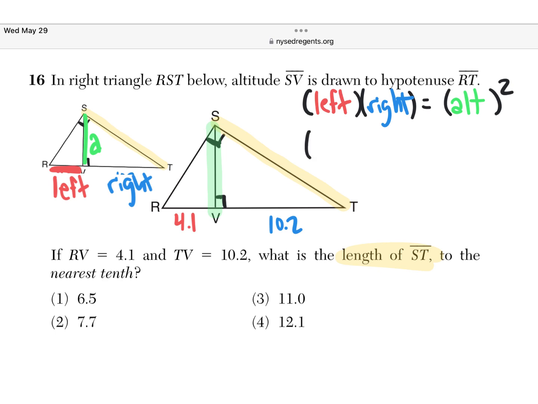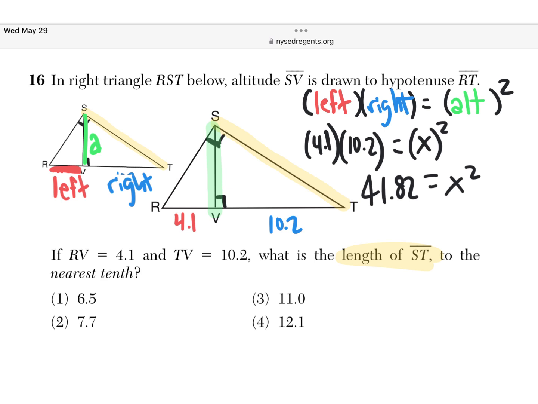We're going to do 4.1 times 10.2, left side times the right side, equals the altitude, which we don't know, so we're simply going to call it x squared. And so I'm going to use my handy dandy calculator, and I'm going to punch this right on right now. 4.1 times 10.2 is going to give us 41.82